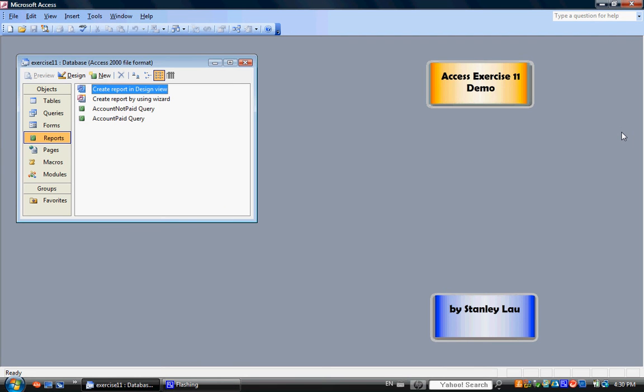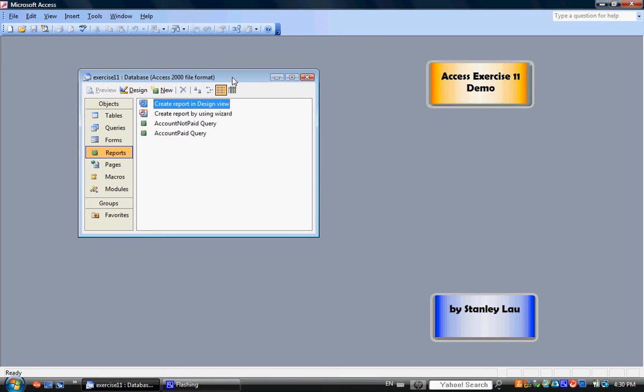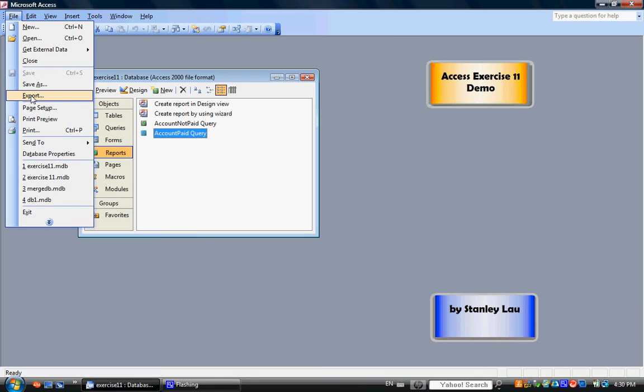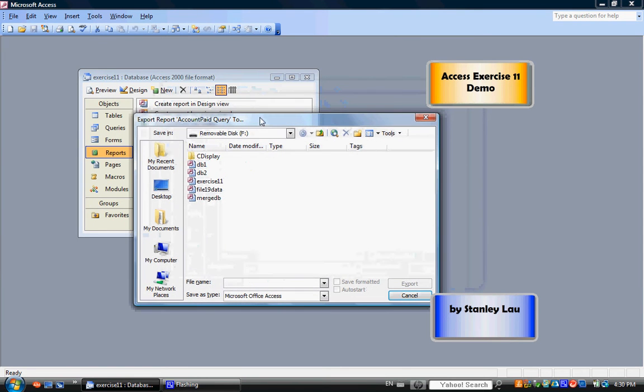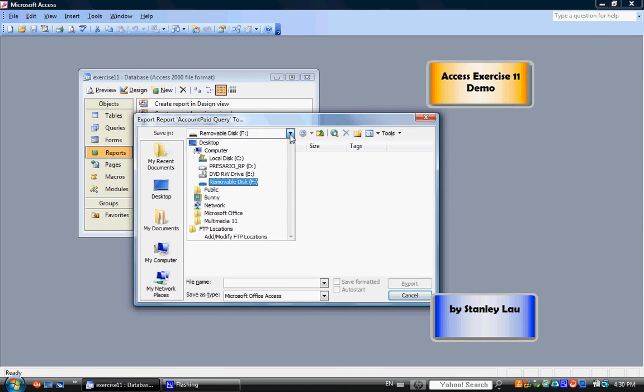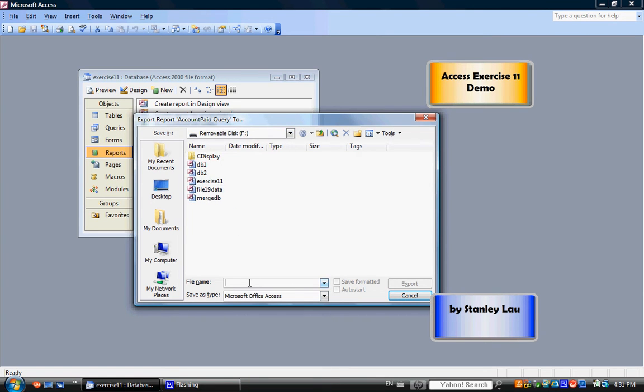Close the report, and we're going to now export the reports to Microsoft Word. So click the accounts paid query report, accounts paid query, and click File, Export, and we are going to export this query either to our 3.5 floppy disk or removable disk. I'm going to export it to my removable disk, and I'm going to call this